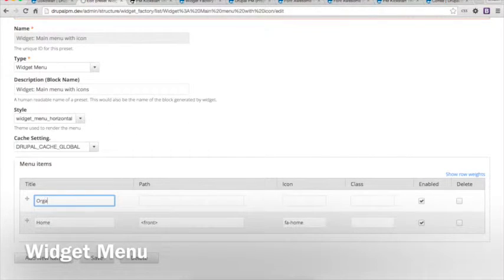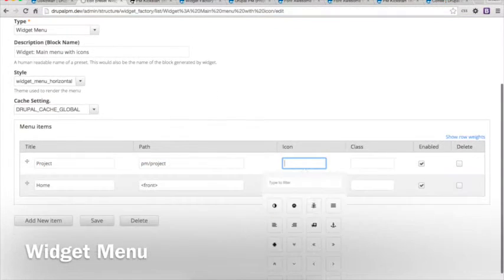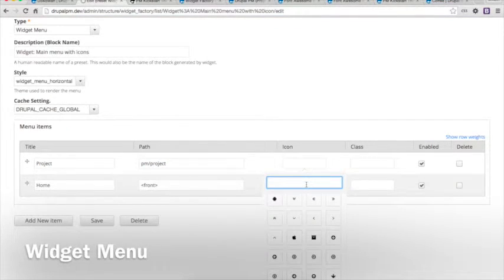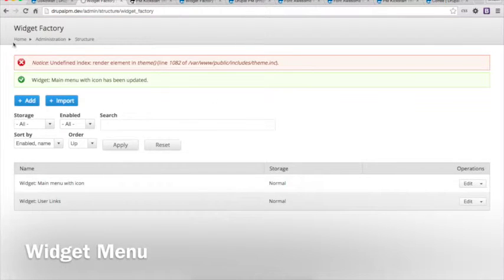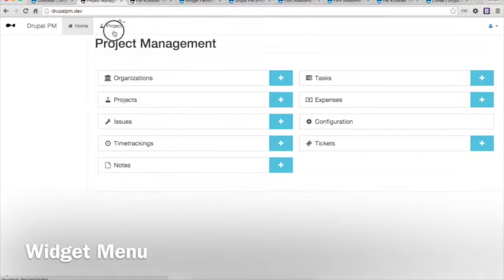Let's call it projects, and let's say we add projects to it. And the icon used by PM is for flask. I remember that. So okay, and now going back to the front end, we can see it has